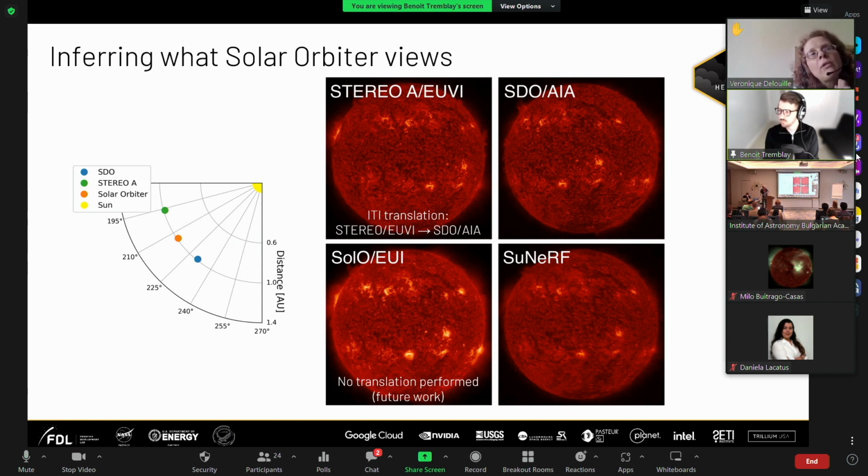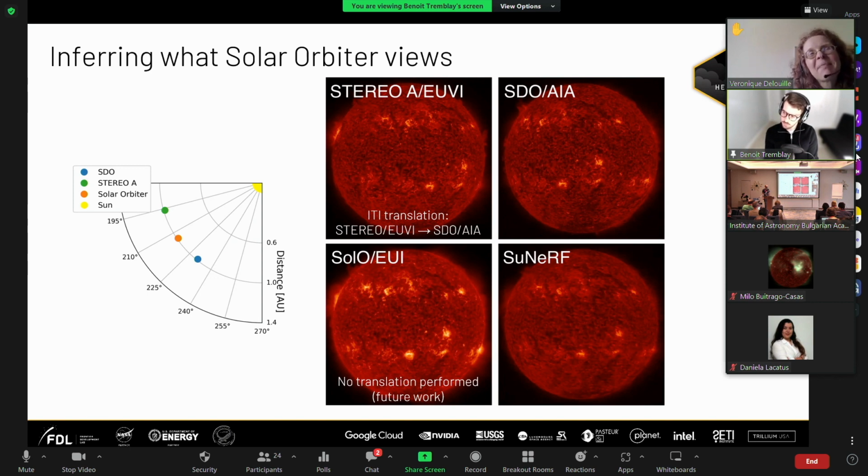Yeah, you do have some time, of course, when Solar Orbiter is aligned. So Earth, Solar Orbiter, and Sun are aligned, and then they see the same thing as AIA. That happened like in March. There are some sequences of time where this is the case, and that should be used when you do this